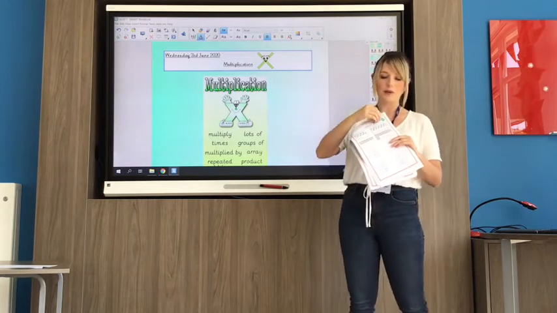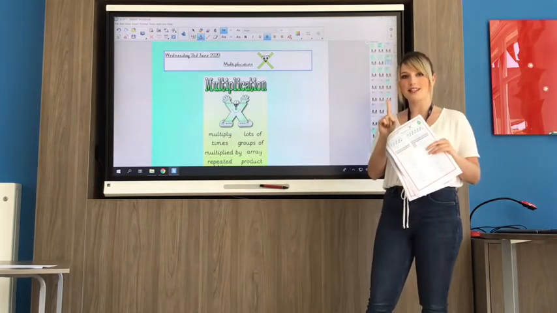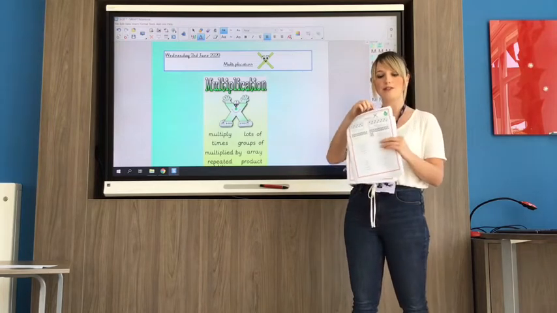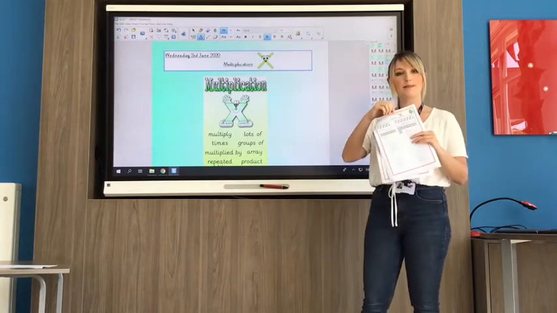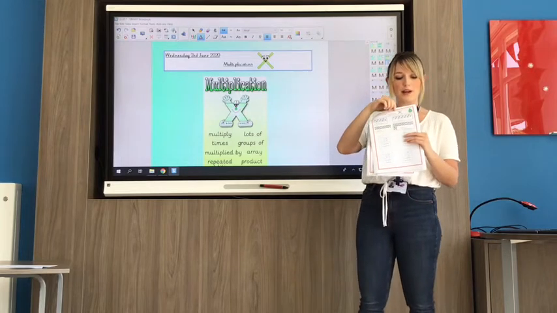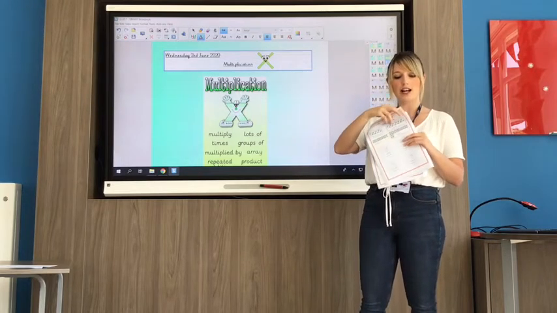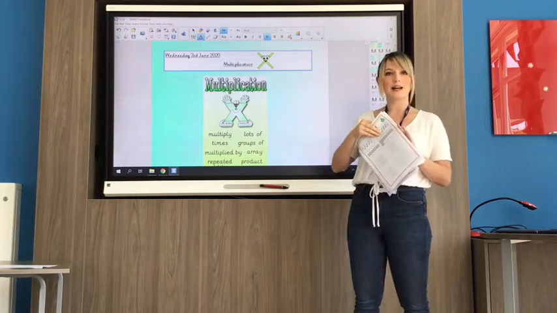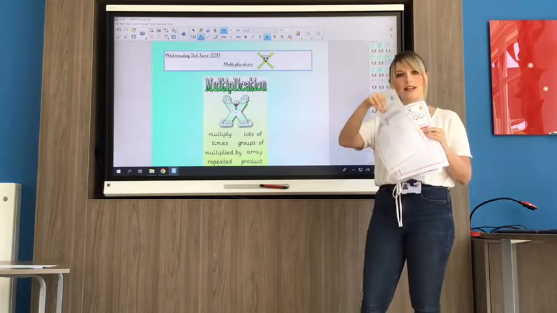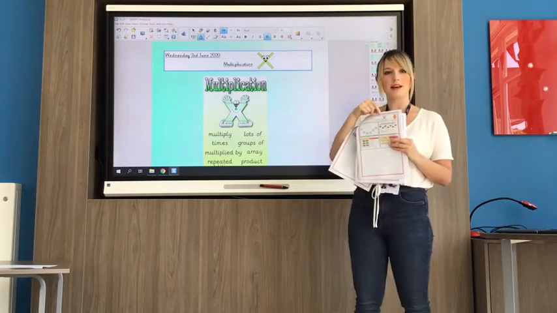Okay, so you only need to complete one sheet today, so you choose which level you're doing, but you might want to challenge yourself to do two. So if you're in Miss Petite's and Mr Griffin's group, you may start on the mild and challenge yourself to complete the medium as well. If you're in my set and Miss Page's set, you might skip the mild, start at the medium and challenge